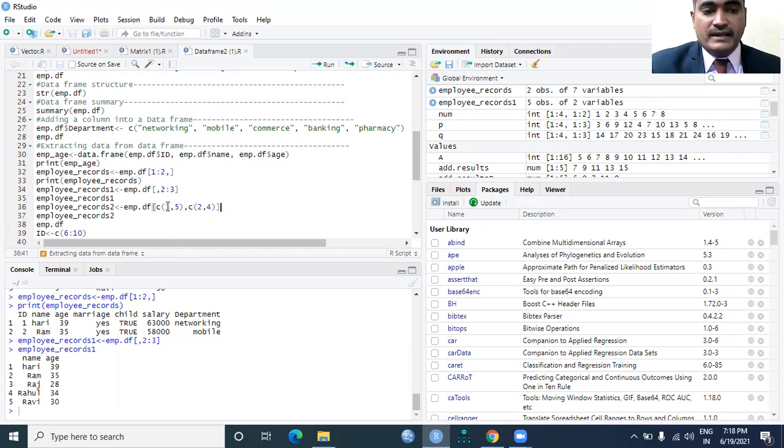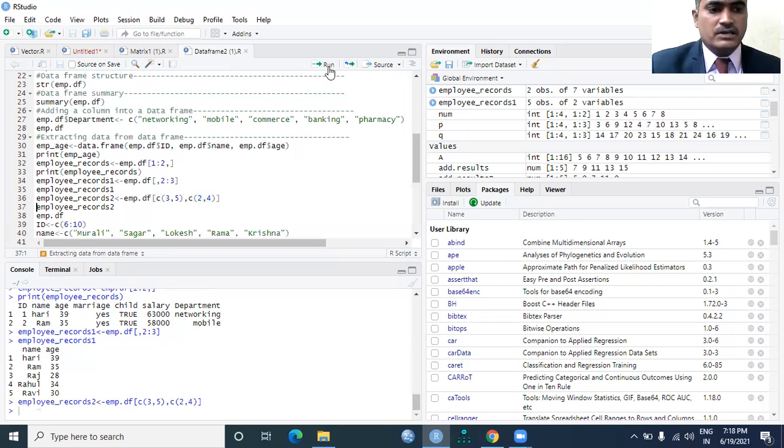So here we need to create a vector function over here: third and fifth rows and second and fourth column. So I want to extract the content into the employee_records2 variable from employee.data frame, third and fifth rows and second and fourth column. So execute this and check the output of this employee_records2 variable.